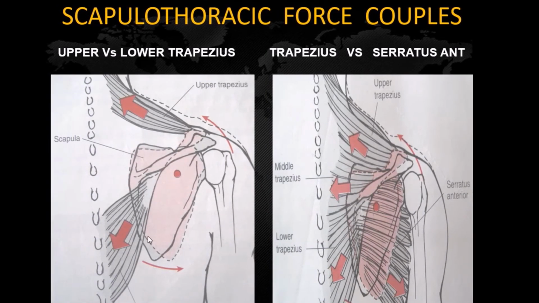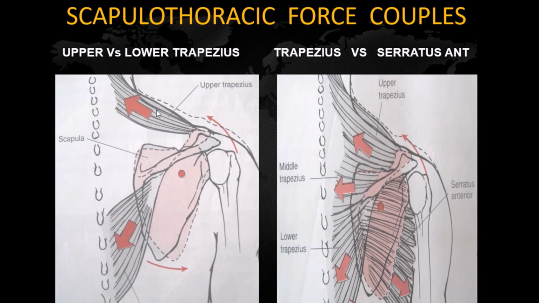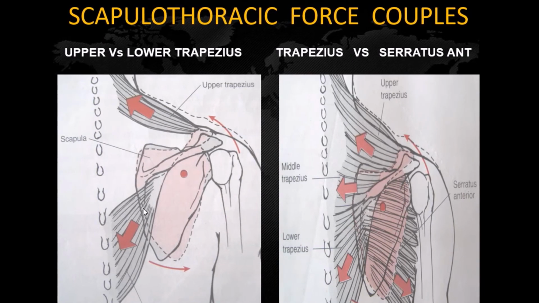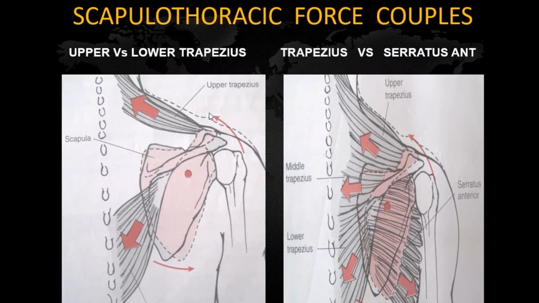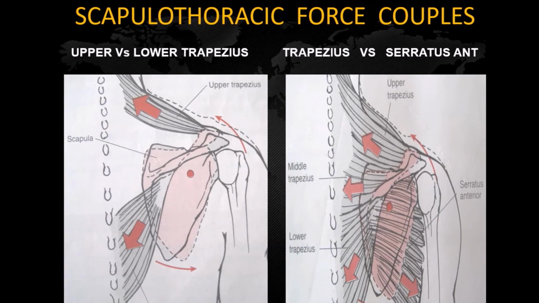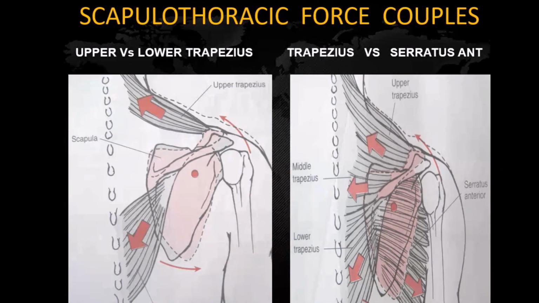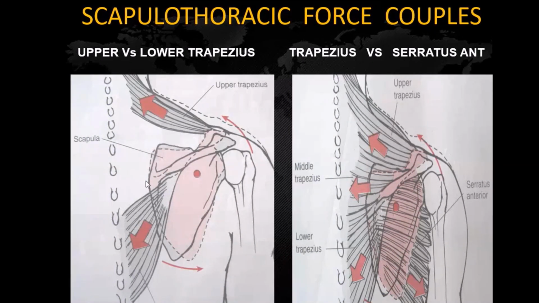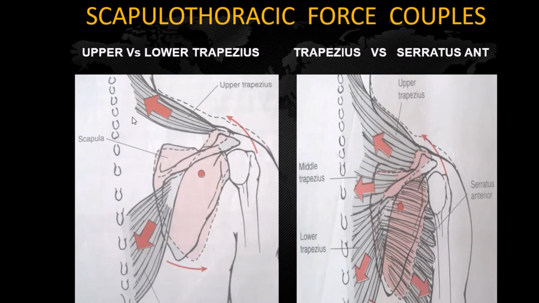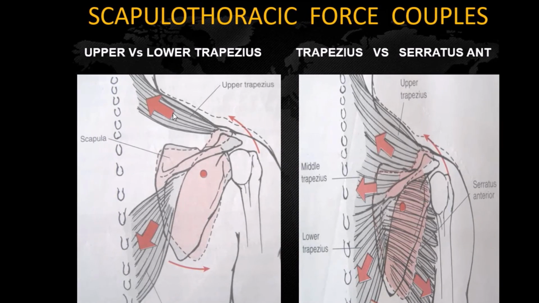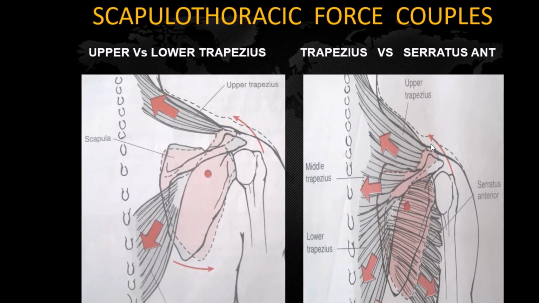What happens is, most of the time, the lower trapezius tends to become weak, as we don't train the lower trapezius as much as the upper trapezius. So it results in an abnormal force couple, leading to elevation of the scapula, thus compromising the subacromial space and leading to impingement. So it is imperative to train the lower trapezius so that its depression component can offset the elevation component of the upper trapezius. Thus, we can prevent impingement from happening. So that's the force couple between the upper and the lower trapezius.